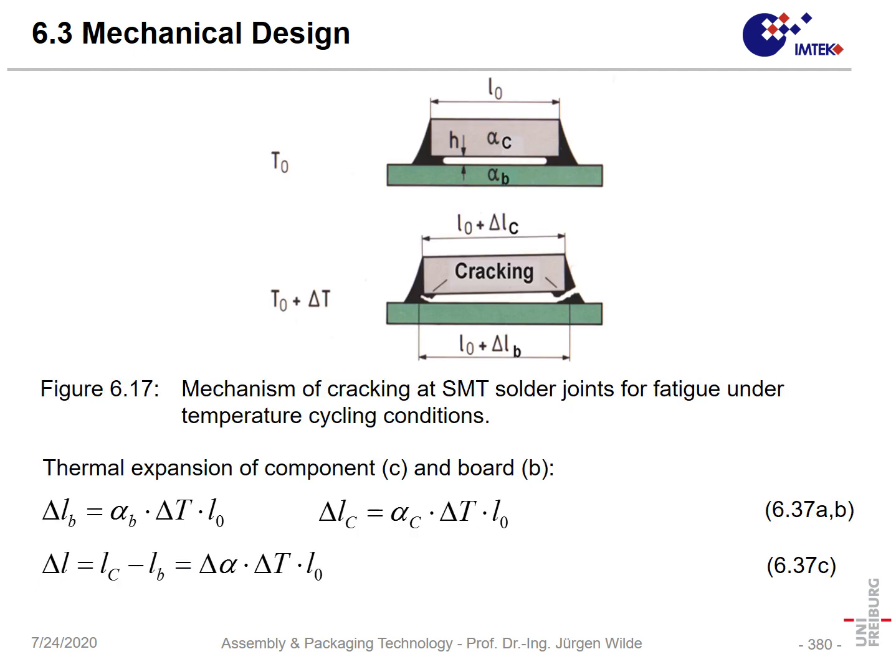A ball grid array is something which is quite complex, and so we try to make a more simple model which has just two solder joints. Imagine we have a chip resistor, for instance, on a printed wiring board, and that chip resistor has an initial length L0, and it has a CTE alpha chip, and the board has a CTE alpha board. On the other hand, we can again see we have a solder gap here,